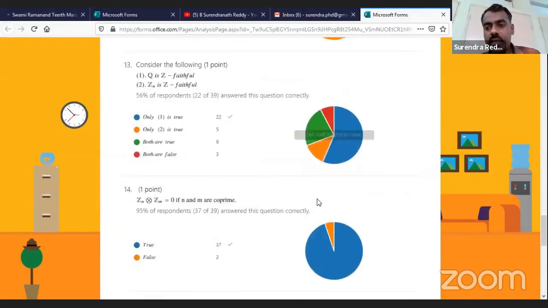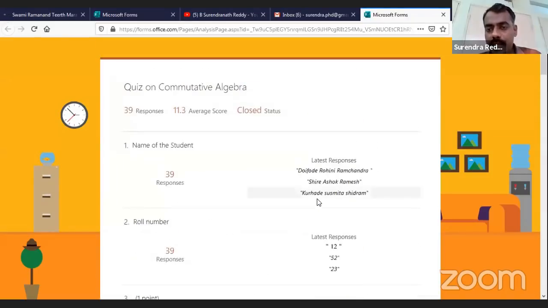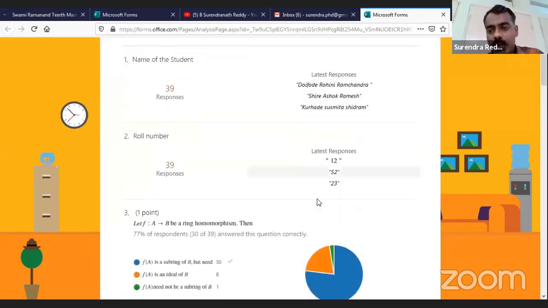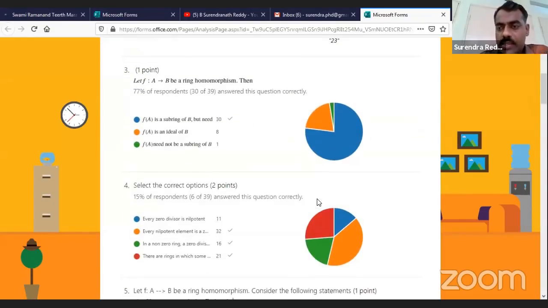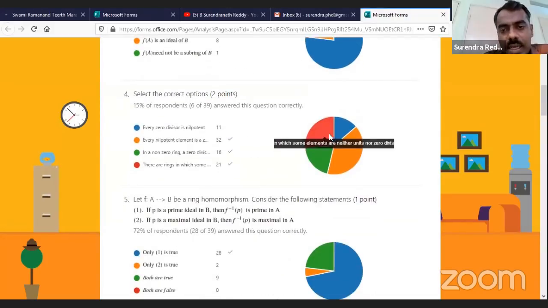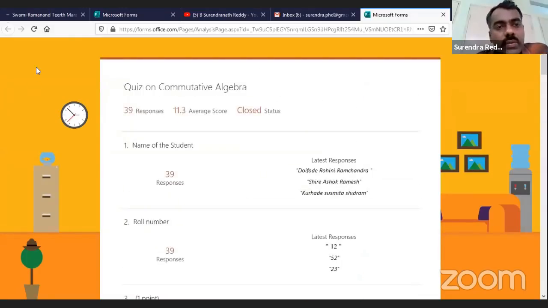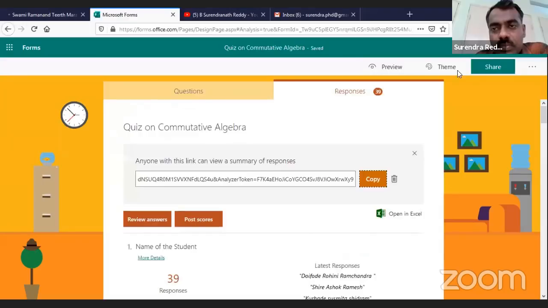This is the interesting feature which is necessary. Suppose you have conducted a quiz and you want to share how the entire class performed. So you share with all students, they will come to know and they will discuss among students and so on. And they will also see which question is difficult among others and so on, right? So this is one interesting feature about sharing the responses with anyone.